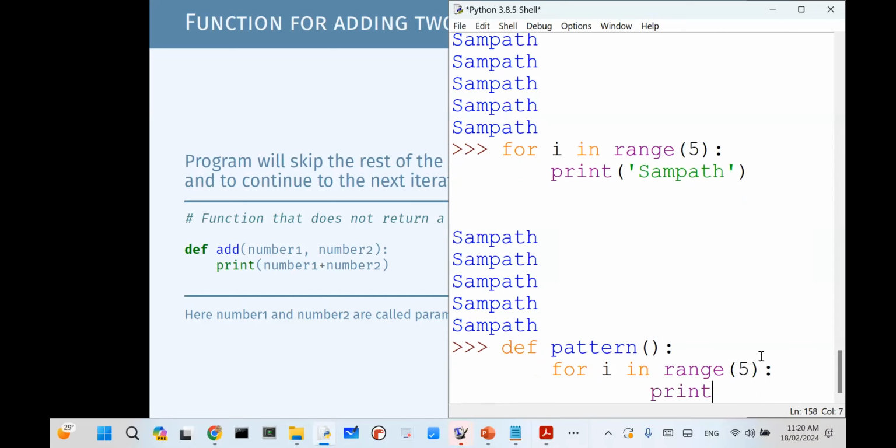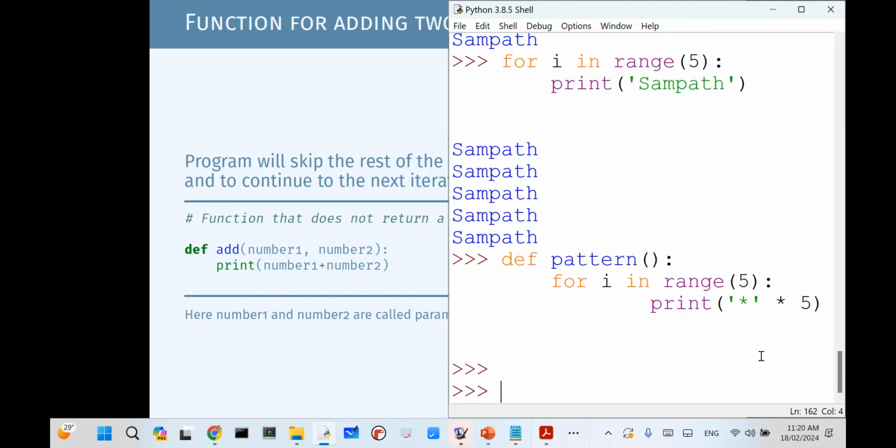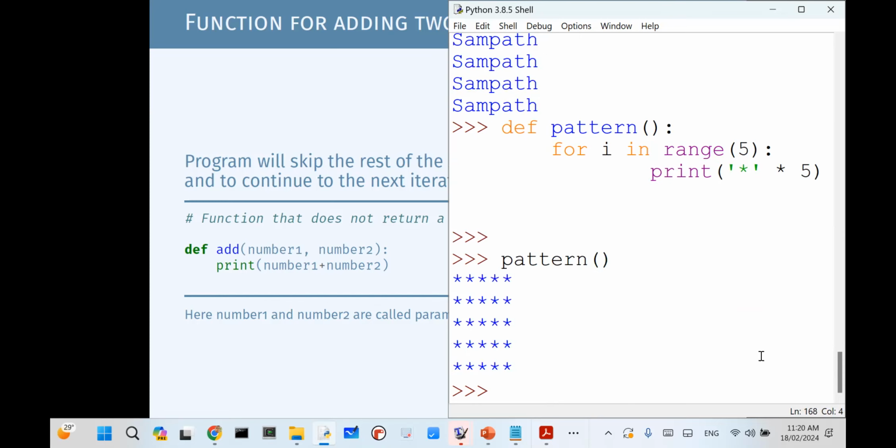And then I will say print, multiplied by 5. What happens here is, if you call the function pattern, it will print some pattern like this. Which is very useful to organize your code, simplify your code, and have manageable code.